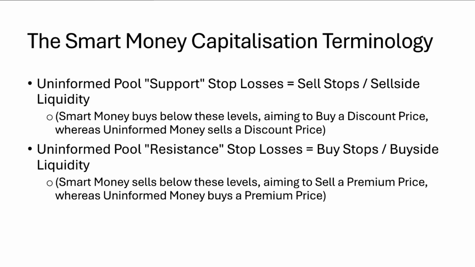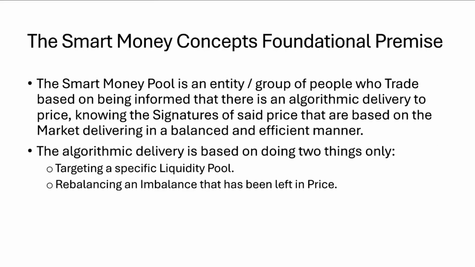Uninformed pool resistance stop losses are equal to our buy stops or buy side liquidity, where smart money sells above these levels, aiming to sell at a premium price, whereas uninformed money buys at a premium price, which is quite illogical, because